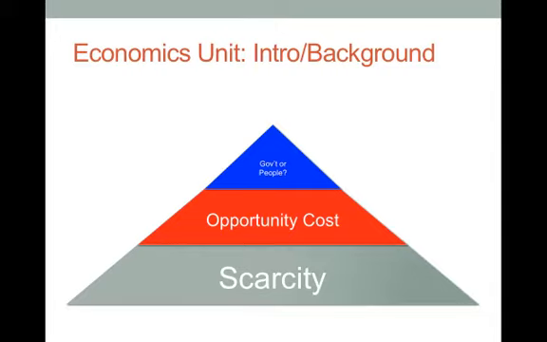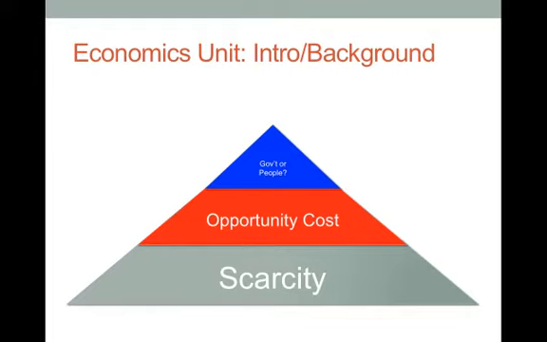The second level comes with opportunity cost. It's the recognition that we are always going to be giving something up when we make choices given the scarcities that exist. If we choose to spend our money on one thing, we automatically are giving up the ability to spend that money on something else. And that even goes deeper than that, saying, well, by not having that other product, what are the other costs of that? That's opportunity cost.